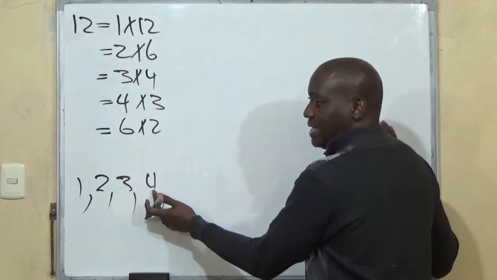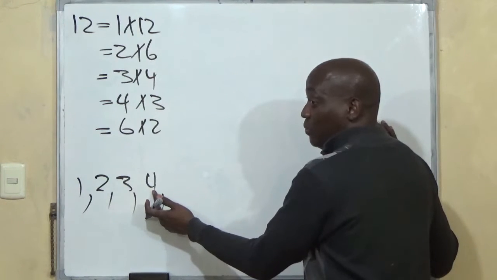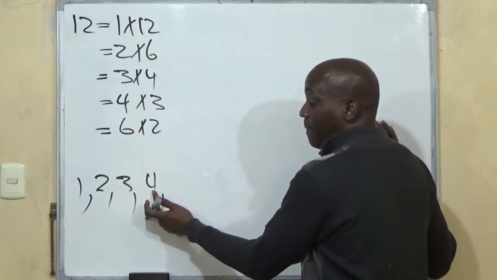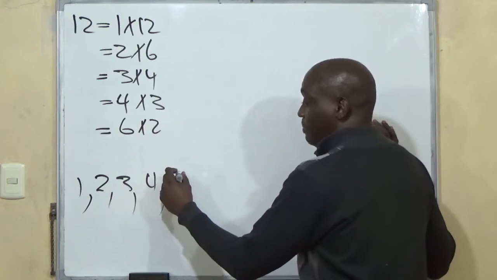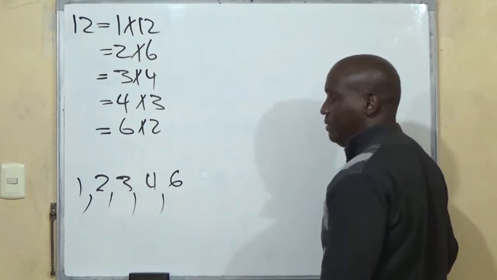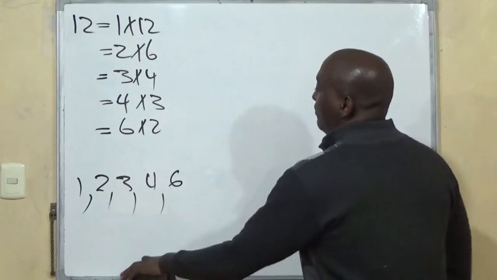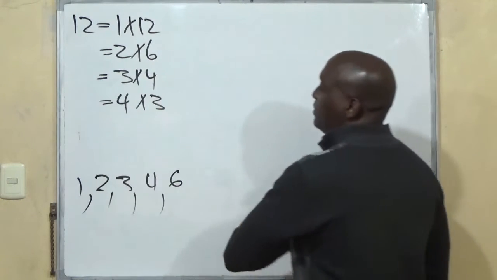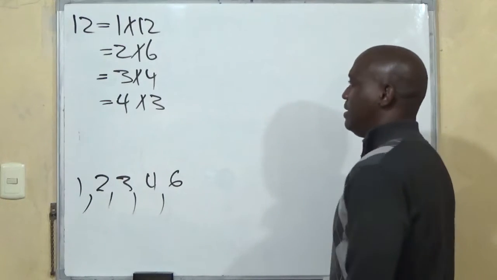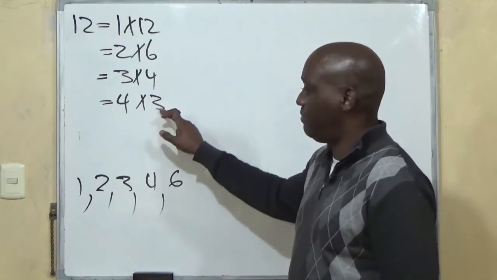We know that 12 is an even number. So if we have an even number and we're trying to list the factors, then we have to put the half. We can't leave that out. So even if we don't write this because we don't want to be repetitive, seeing that we have the 3 by 4 and the 4 by 3,